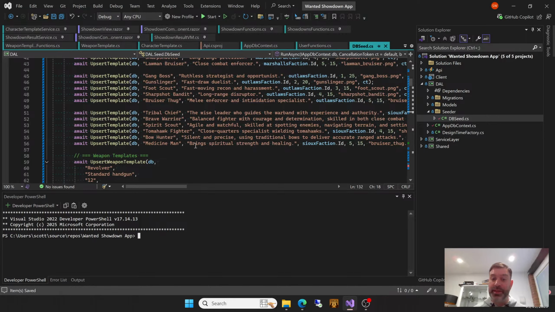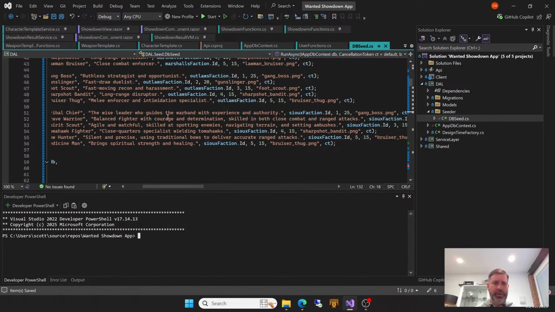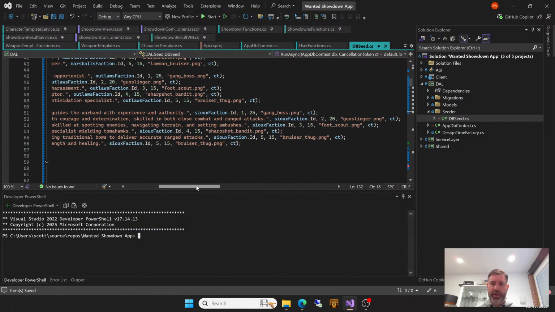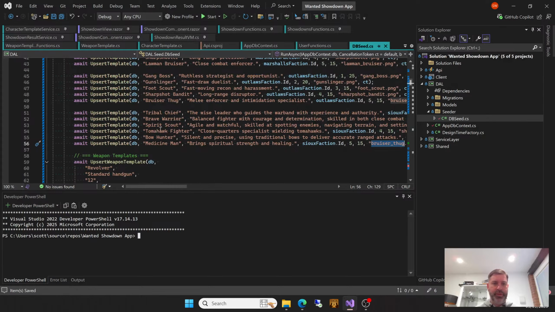I like the idea of a medicine man because we could do some special stuff around buffing and healing. But at the moment, I'm not 100% sure where we're going with that. I've done the description for each. I've set the Sioux ID as it, giving them the same sort of cost as the marshals and outlaws at the moment. One thing I need to change though, as you can see here, because this was copy and paste of above, is all of the images are of the outlaws. So first off,